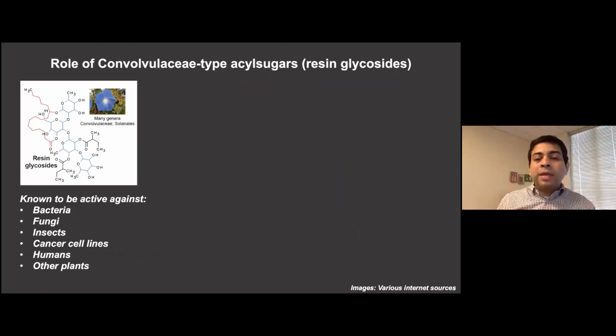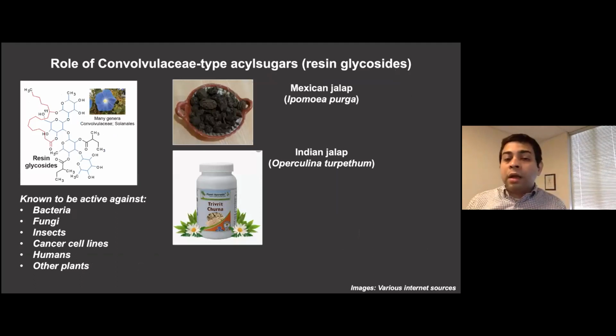So these are known to be active against a wide range of living organisms. These have also been components of plants used in traditional medicine. So resin glycosides are, Ipomoea purga is used in Mexico as a purgative, and similarly Operculina turpethum, which is also a member of the Convolvulaceae family, that's used in India